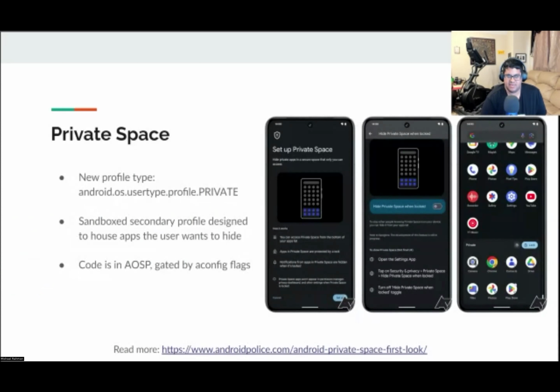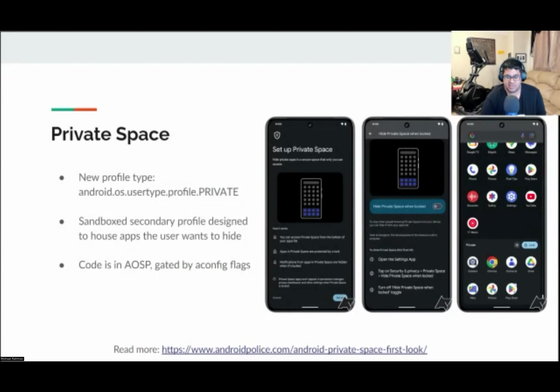Moving on to some interesting user-facing features that you might come across in the future. Private space. If you've ever used a Samsung device before, then you may be aware of the company's secure folder feature, which creates a secondary profile that's sandboxed from the primary user. Google is looking to add a similar feature in Android 15 dubbed Private Space. Private Space creates a secondary sandbox profile whose lifecycle is tied to the parent. All apps and data are kept separate from the primary user, and the existence as well as key stats of the private profile, such as storage use, are kept hidden unless the private profile is unlocked.